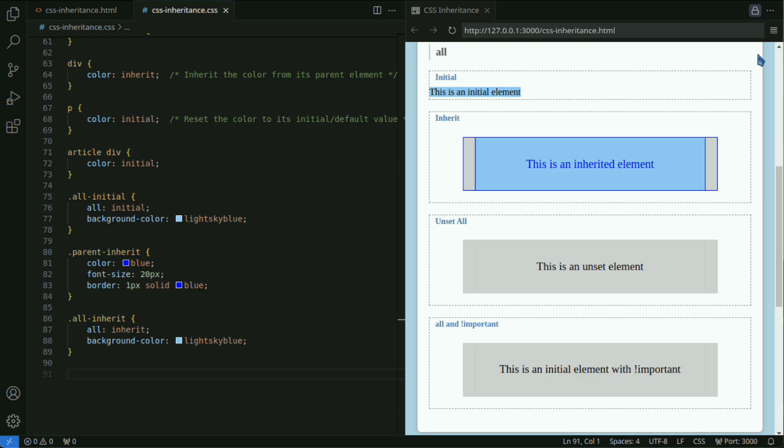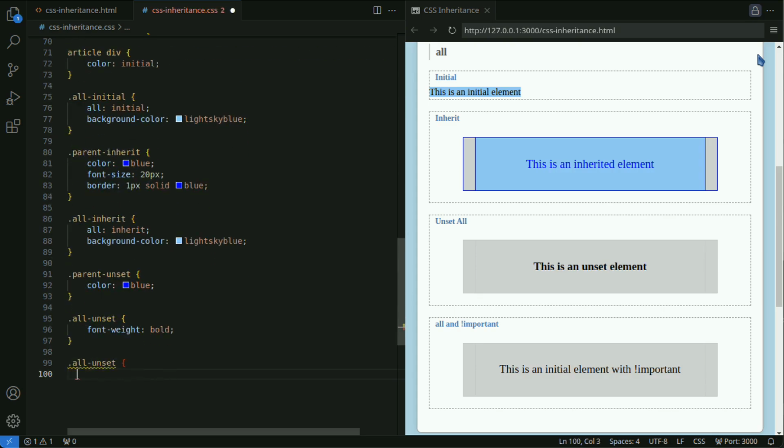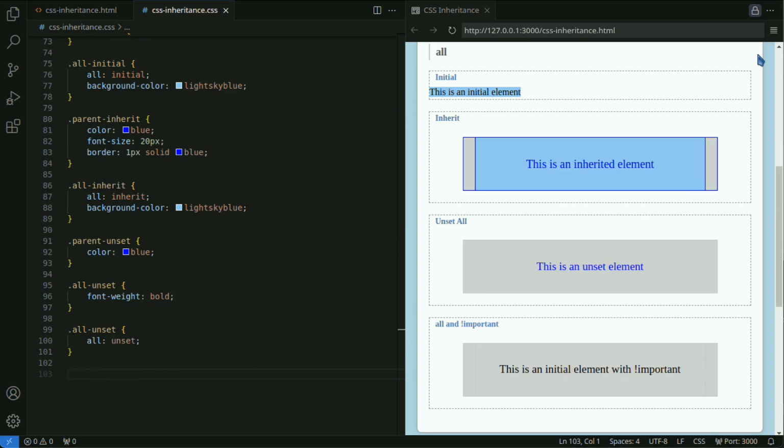In this example, elements with the all inherit class inherit all properties, such as color and font size, from the parent element. Using all unset causes properties to be inherited if they can be. Otherwise, they are reset to their initial values. In this case, color is inherited, while font weight is reset to its initial value, typically normal.